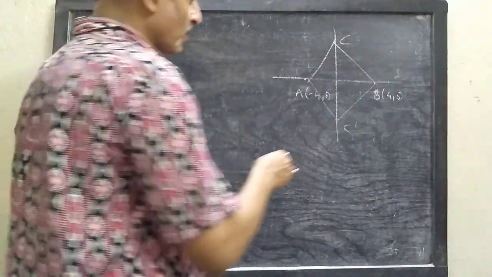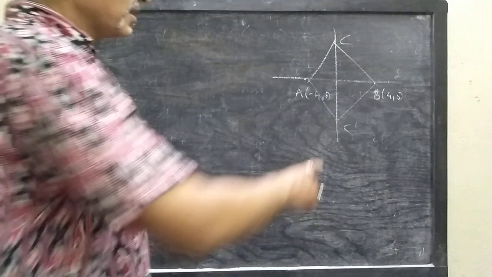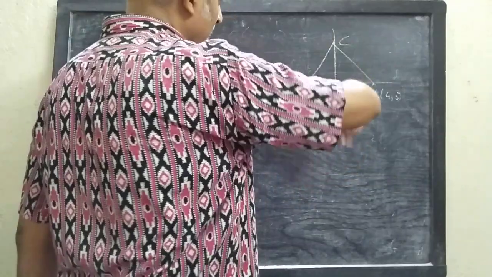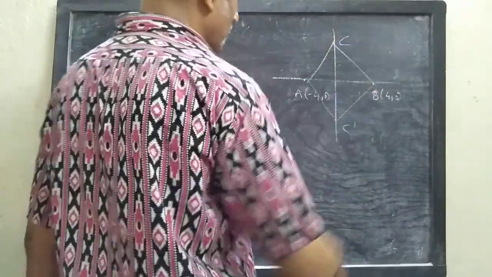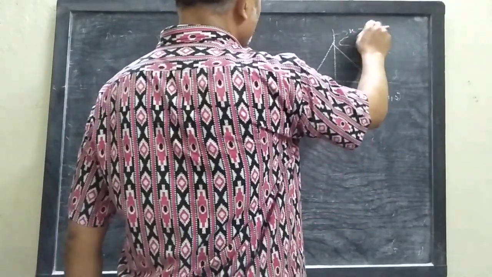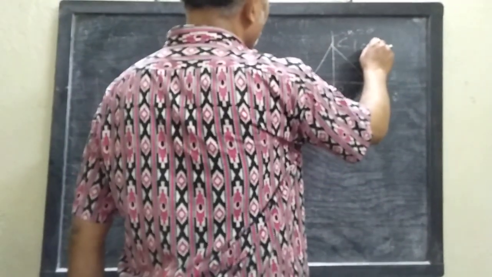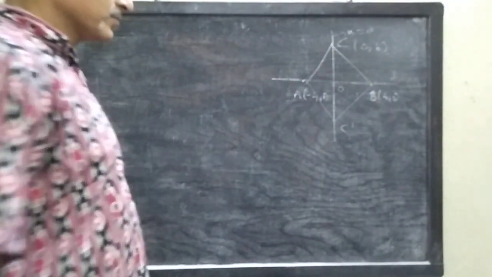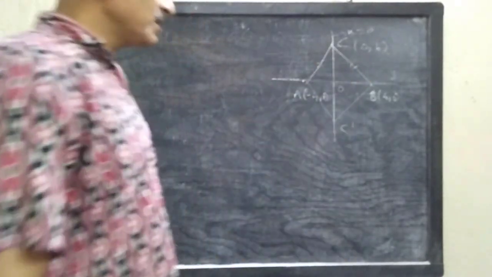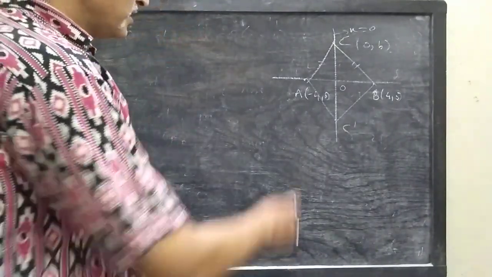Now how do we know this? Look, the points A minus 4, 0 and B 4, 0. The third vertex should be equidistant from these two points, and after calculation we can find that the locus is the perpendicular bisector of AB, which is nothing but the y-axis. The y-axis, its equation is x equals 0. So the third vertex will have its coordinates in the form 0, comma b, and then as it is an equilateral triangle, by making the distances equal, we can find the coordinates of the third vertex. So proceeding this way,